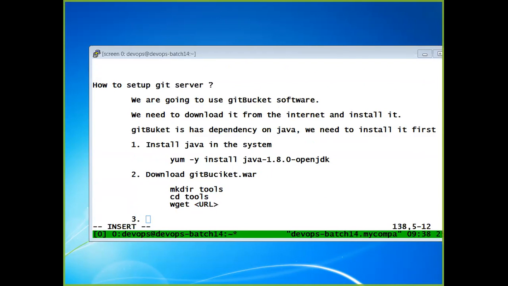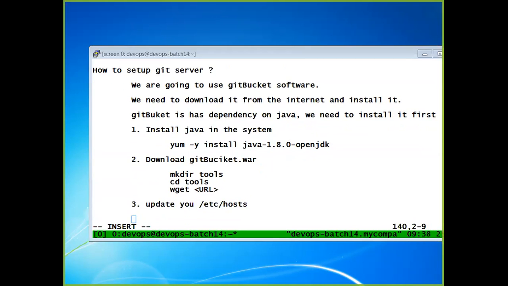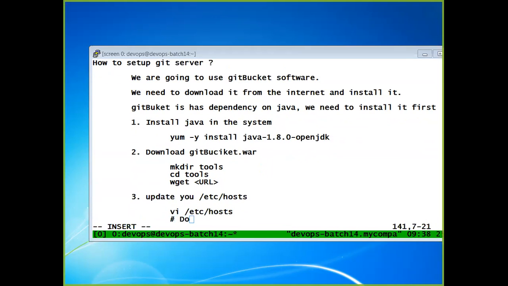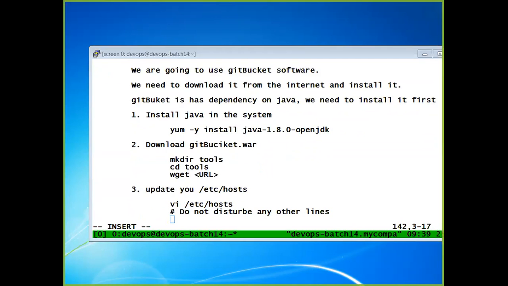Then we will make an entry in the /etc/hosts file. So update your /etc/hosts file. You'll open the /etc/hosts file and do not disturb any other lines. And we'll add one more line like 192.168.0.9, our IP address, and then the server name.